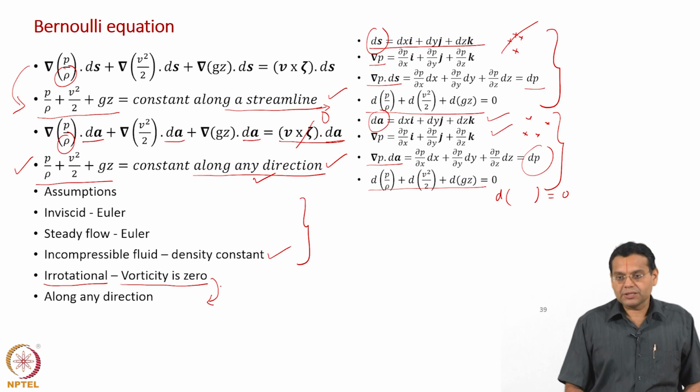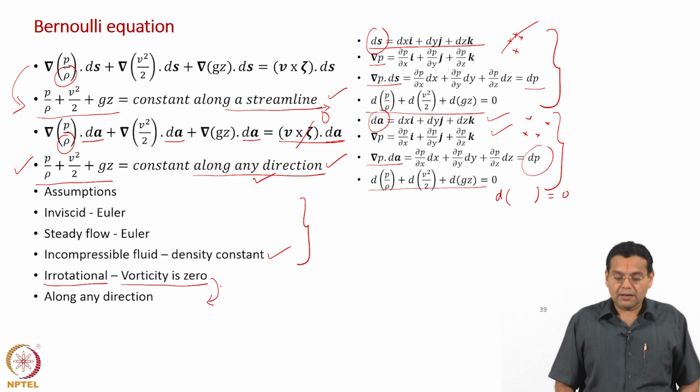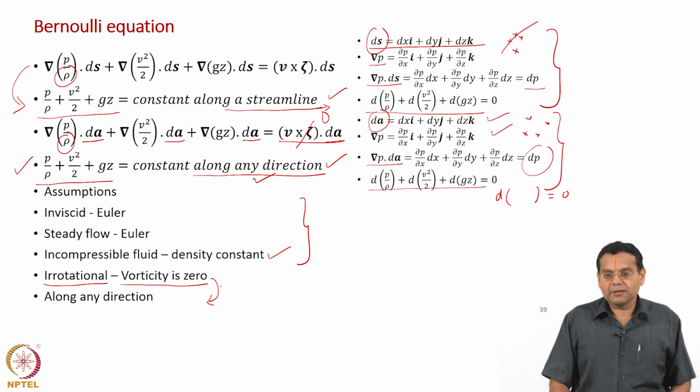If vorticity is not 0, if it is not irrotational, if it is rotational flow, then the sum of the energies is a constant along a streamline only. Okay, streamline only, it cannot be constant along any direction. Okay. Though we said incompressible fluid, it is for incompressible flow also, just like we discussed for our continuity equation. What do I mean by incompressible flow? Incompressible fluid is something like water, flow of water. Incompressible flow is like flow of air at low velocities. Okay. So, it is applicable for that condition also.